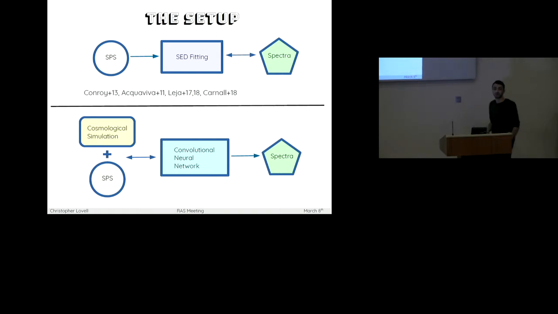So in traditional SED fitting approaches, you use an SPS model, a stellar population synthesis model, which models the emission from stars as a function of age and metallicity. You combine this with some SED fitting code, typically using MCMC approaches, to maximize the resemblance between your models and the spectra that you want to infer the star formation history from. And this has been very powerful,